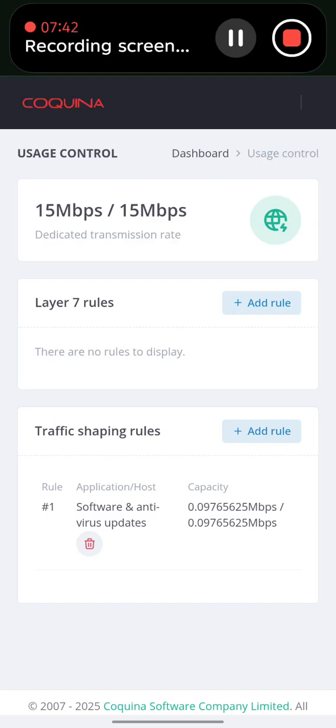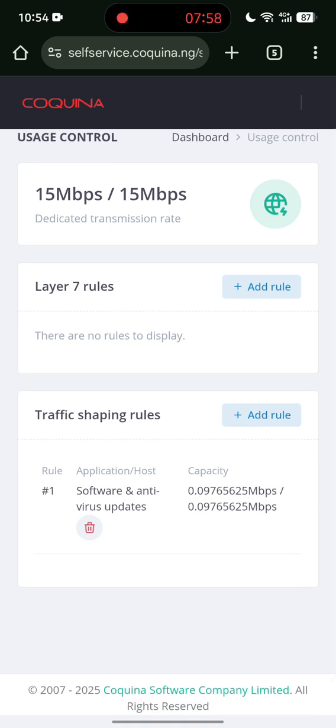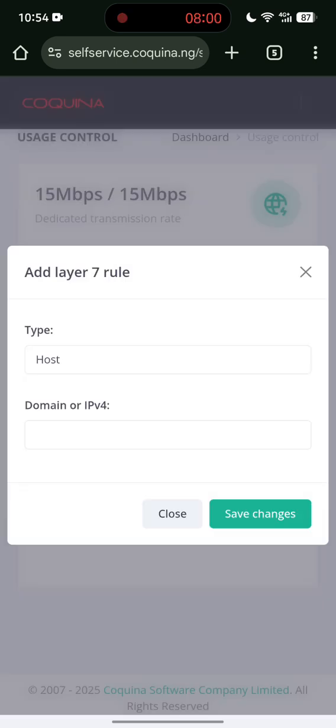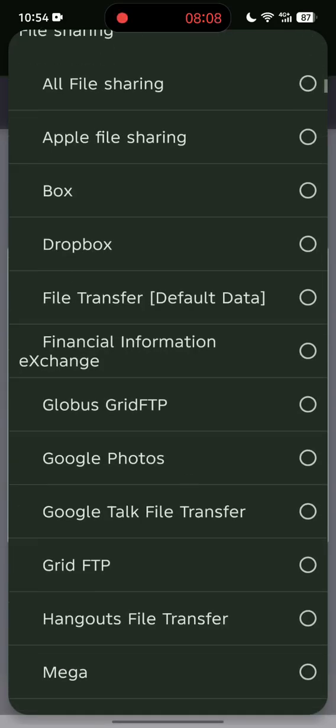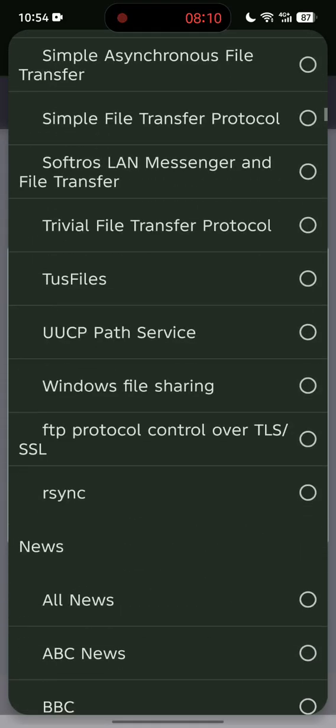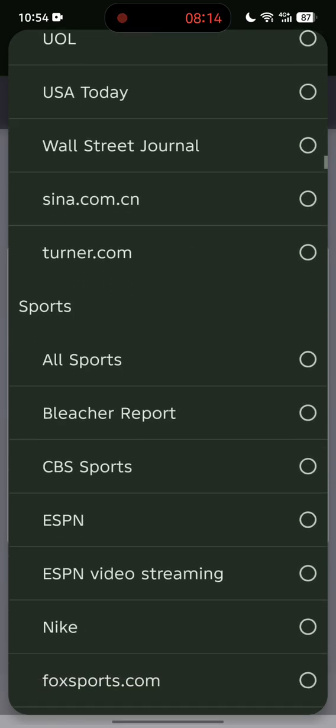So we have it loaded here. As you can see, this one is 15 megabits per second. Under it, you have dedicated transmission rate. Because it is dedicated, you are allowed to do many things. You can see that the layer 7 rules allow you to add, which you can add, that you don't want people to be able to do something, like, if I don't want people, I think there's something like